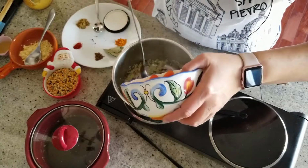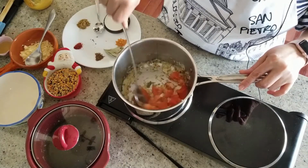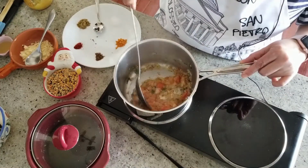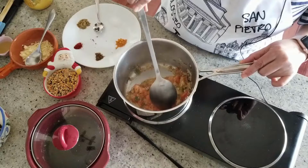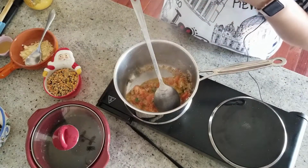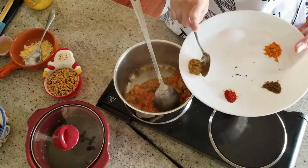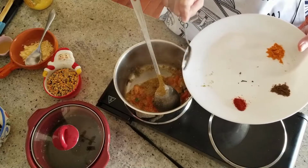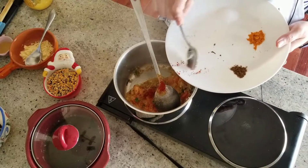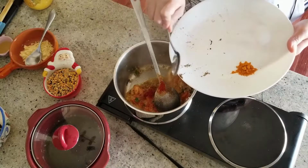Now I am going to add 1 tomato and let all this cook for a minute or 2 on a high flame. Now you see our tomato is completely mashed, so that means it's cooked. I am going to add in dry masala. First goes cumin and coriander powder, half a tablespoon. Then a pinch of red chili or paprika powder, a pinch of garam masala,